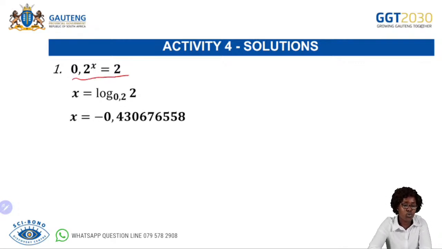Equal to 2. So we want to find out what is the value of x. What exponent do I raise 0.2 to give me a 2? So pretty obviously, I cannot find it without having to use my logarithms. So the first thing that I'm going to do is change this exponent to a log, and it becomes x is equal to the log of the number there, which is 2, to base 0.2, which was the base of your exponent. Now, after you've done this, I'm pretty sure you took out your